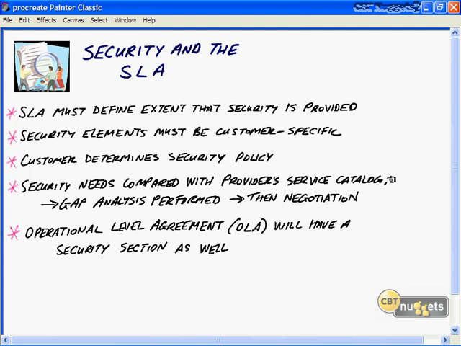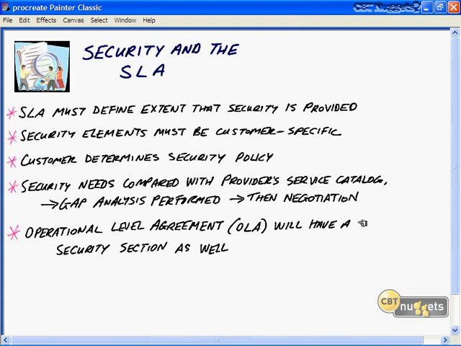Then you do a gap analysis to find if there's areas that are not met by the provider. If that's the case, you need to go to third parties or contractors or consultants. That's when the negotiation process will begin. And finally, the operational level agreement, or the previously discussed OLA, will have a security section as well as the